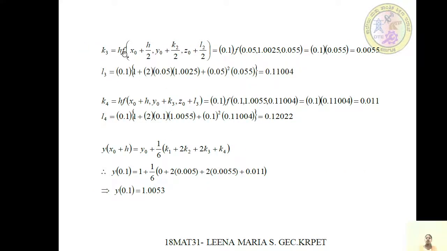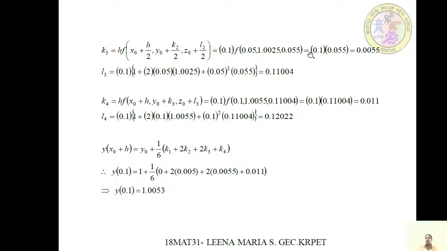K3 is h times f of x0 plus h by 2, comma y0 plus k2 by 2, comma z0 plus L2 by 2. Here h is 0.1. Simplifying, h by 2 is 0.05, comma 1 plus k2 by 2. Using K2 from the previous part and adding 1, we get 1.0025, comma z0 plus L2 by 2. Simplifying L2 by 2 and adding z0, we get